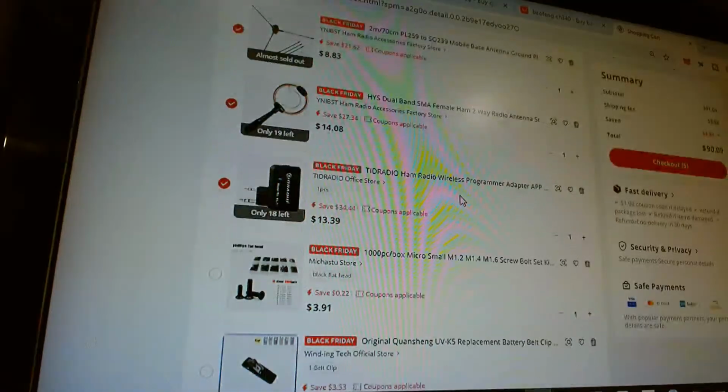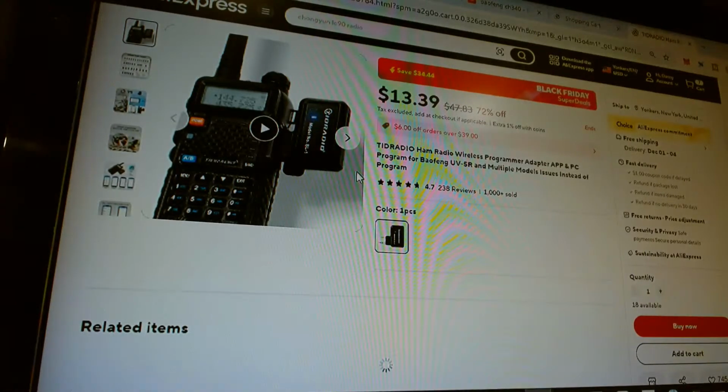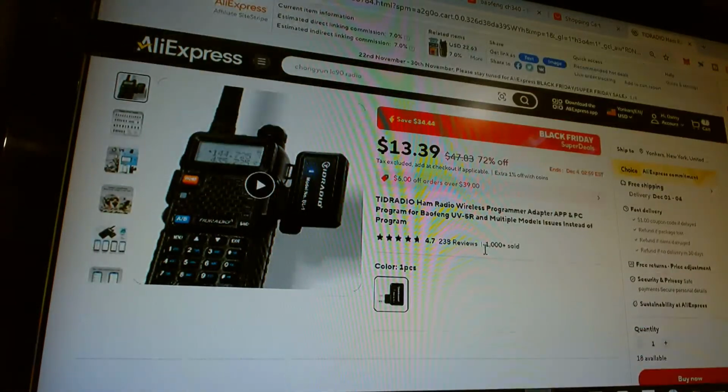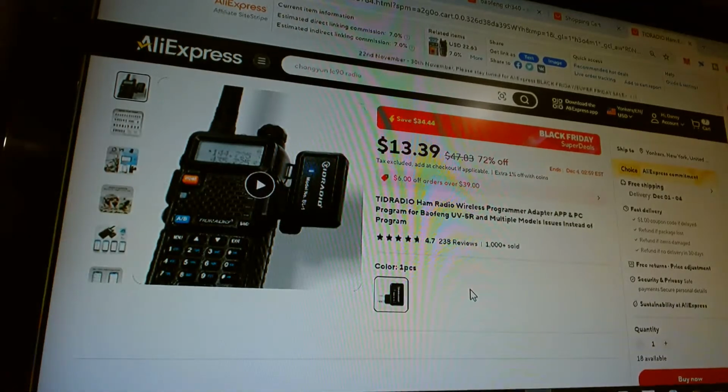I want to try this method. I want to try with this thing. I want to see if first of all this Bluetooth dongle works on the E100. And the reason why I want to try this method is, if this works with the E100, there is an app that you use for that on your smartphone, and all you have to do is go into Repeater Book,